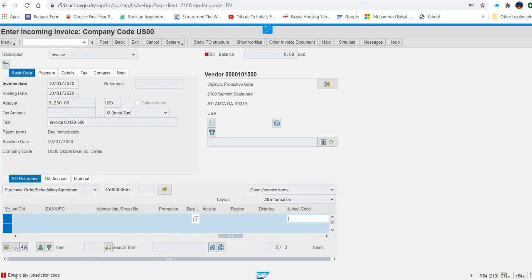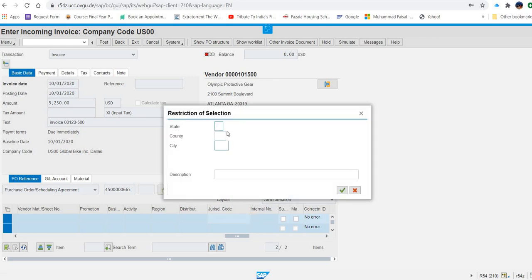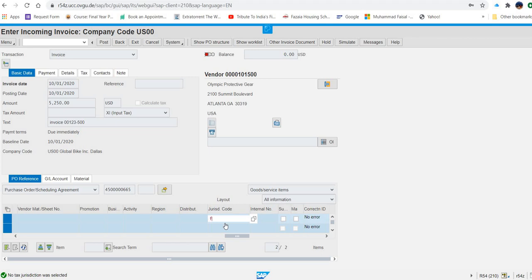See, it is saying enter text jurisdiction code. Now, text jurisdiction code is something that you have to enter here. You have to actually find out what that code is. This is a little bit tricky, but if you click here, you can find that code. I think that code is FL and so many zeros, 7 zeros I think.